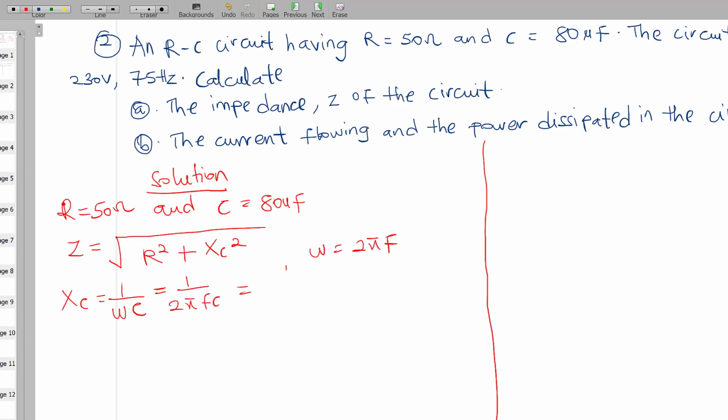By substitution, it will be 1 out of 2 pi times frequency. Frequency was given, which is 75, times C, that is the capacitance. We have 80 microfarad, which is the same as 80 times 10 to the power minus 6. So XC to be